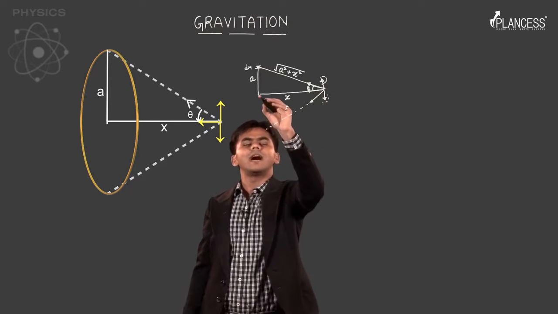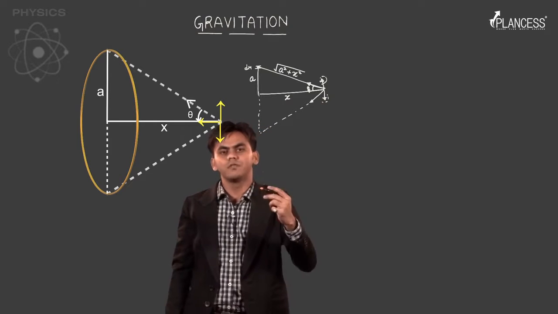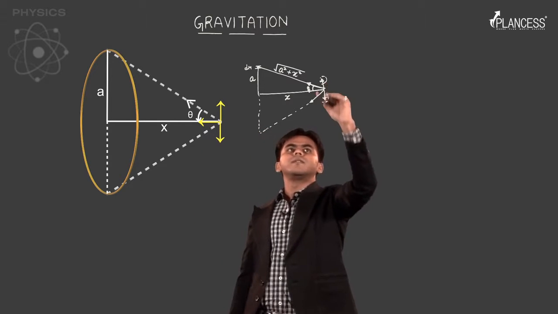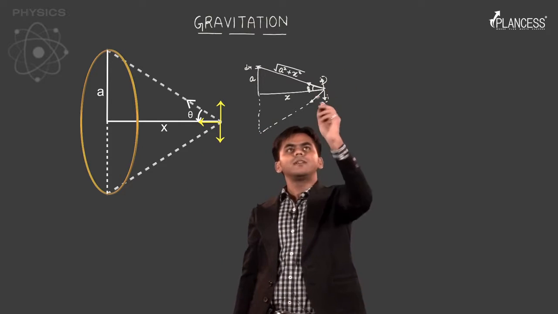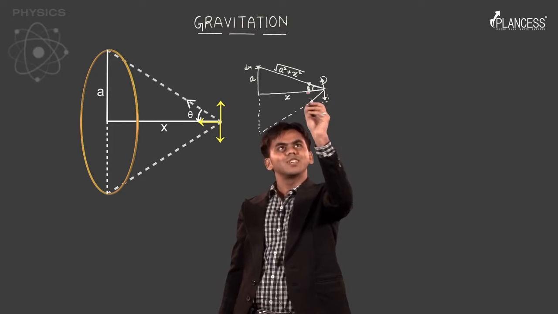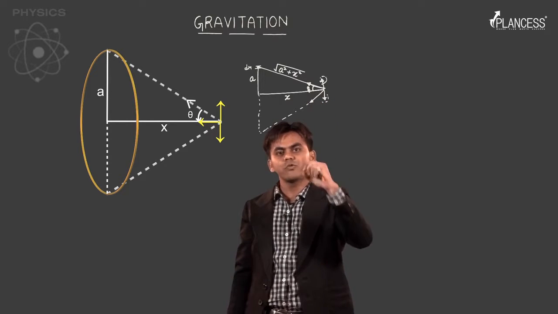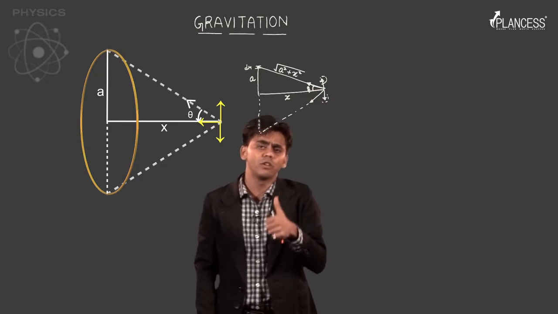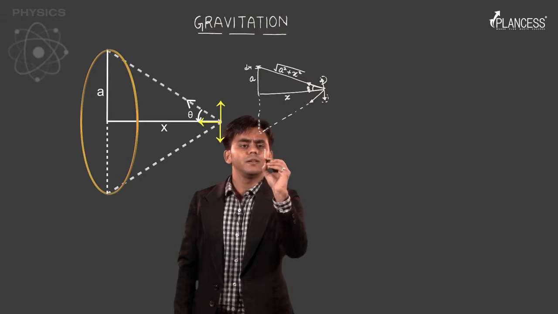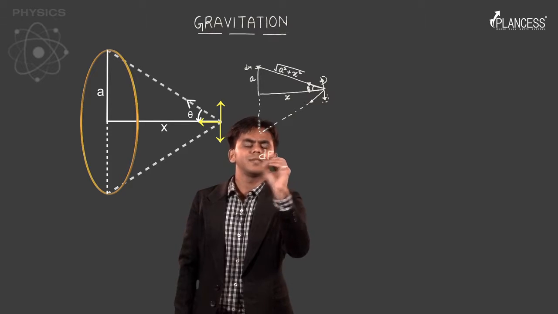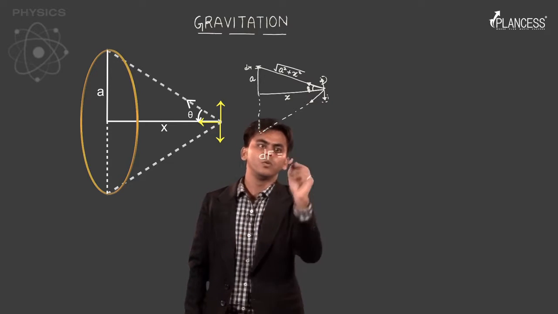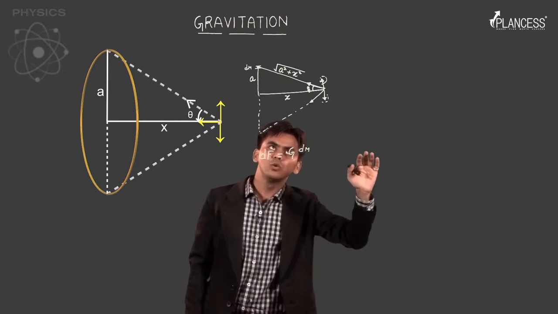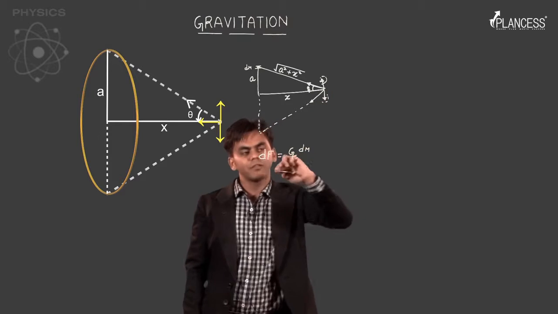And effectively what I'll have is a situation in which all the dms are getting cancelled out in this direction, but the value of force in this direction are getting added up. So for every dm, this force would be added up. Okay, so let's calculate the small force due to dm, df. This df would be essentially equal to G times dm into the mass of point mass here divided by